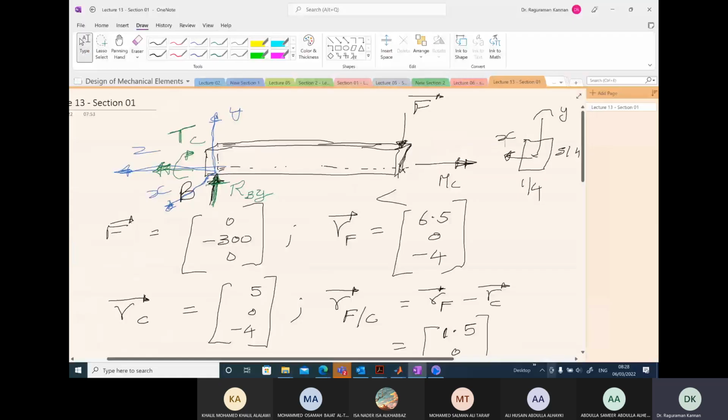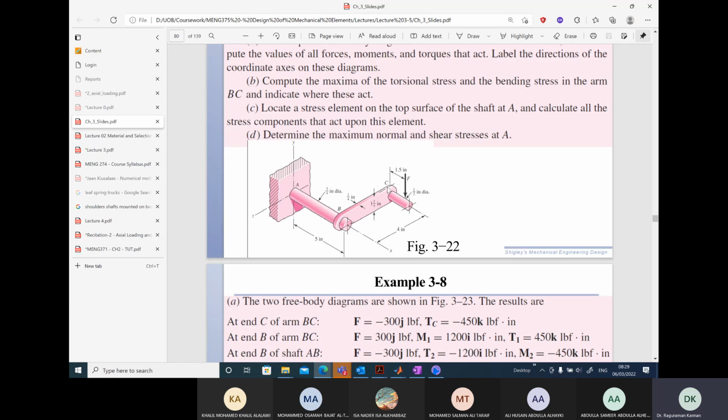So the torque is with respect to the Z axis, and we can see here the direction of the torque is like this on the cross section. Okay, so